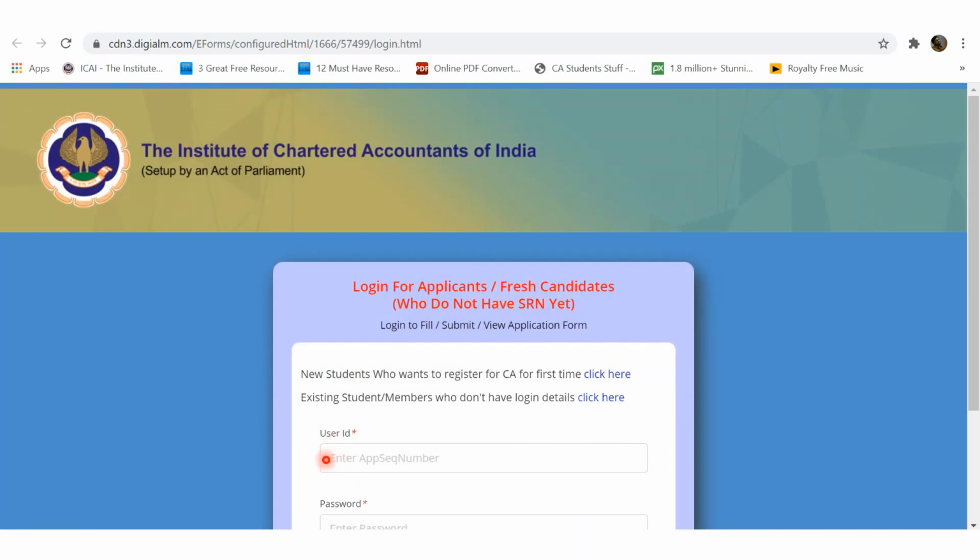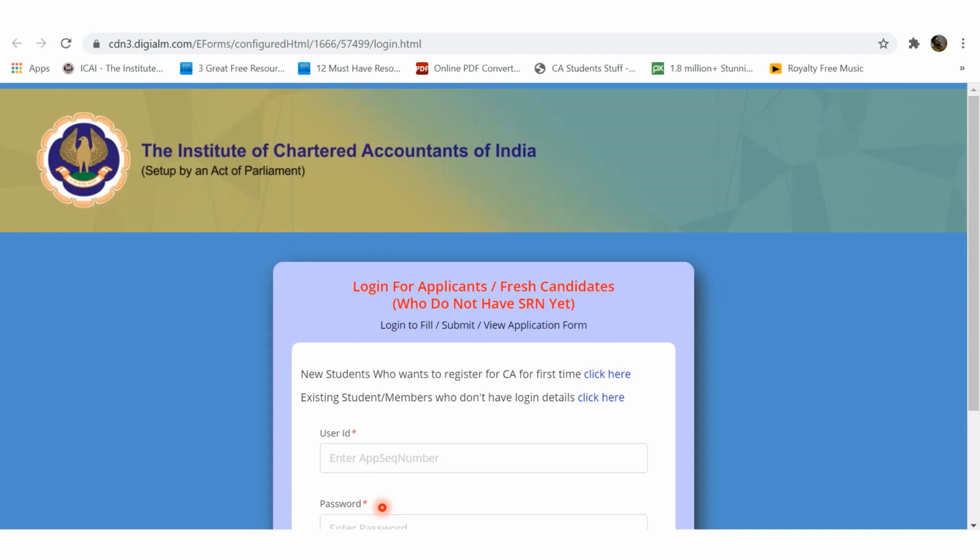The user ID will be the user ID which is sent to you by email. Remember, when we completed the first step of the registration process, we mentioned our email ID. To that email ID, the institute has immediately sent you one user ID and one password. I recommend you forward that email maybe to your brother or sister or father or mother also, so that the email sent by the institute with your application ID will remain available to you and will not be lost on account of any mistake or error.